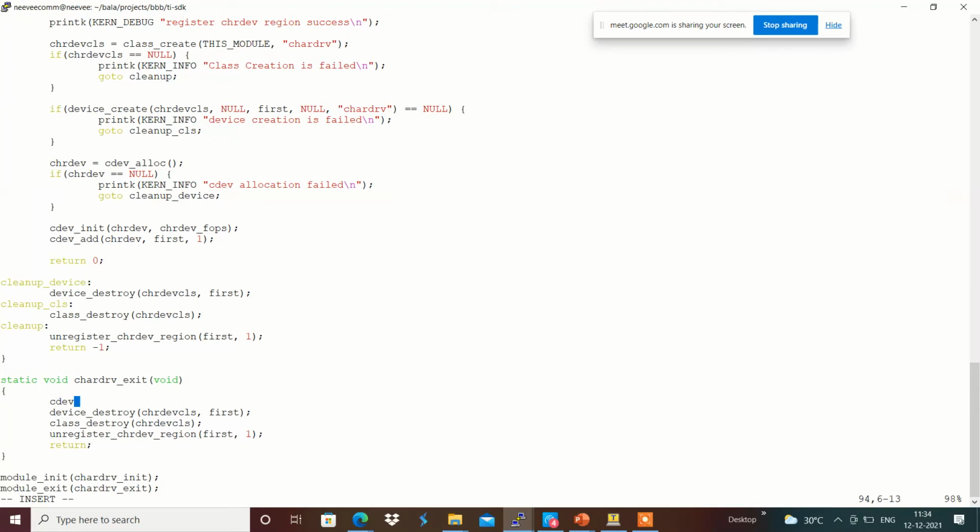Inside the cdev_del function we are going to pass chrdev. This basically does that cleanup, and we will do the compilation.